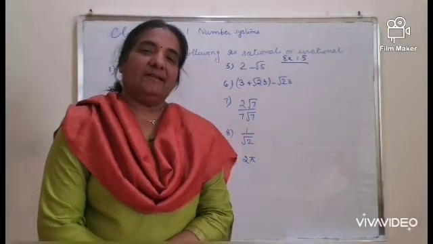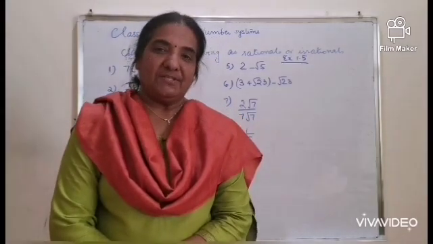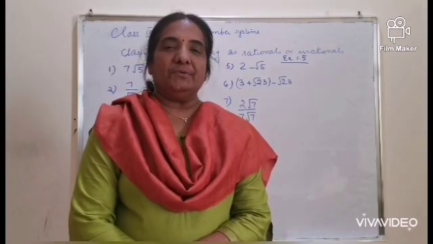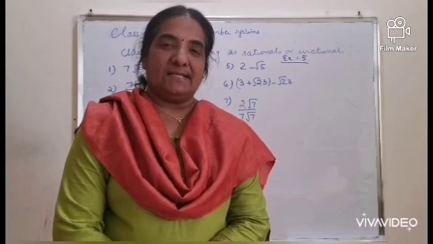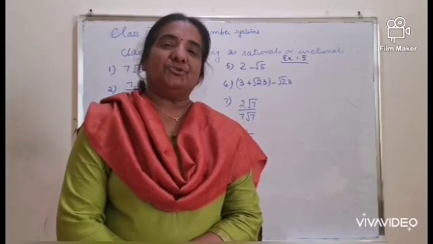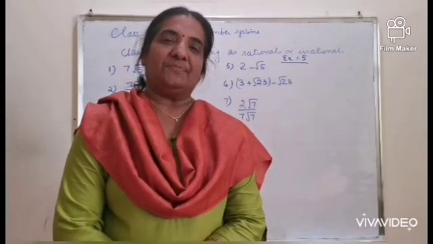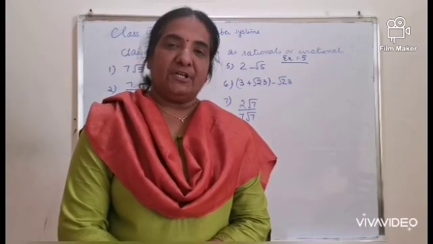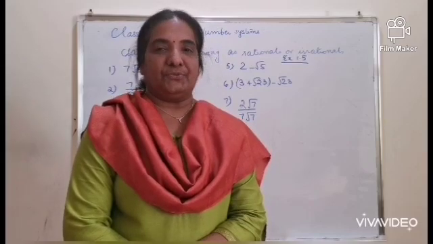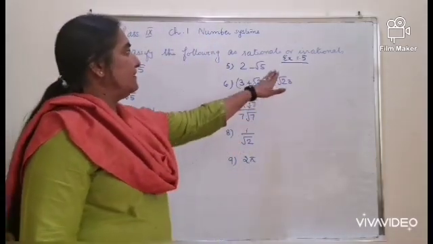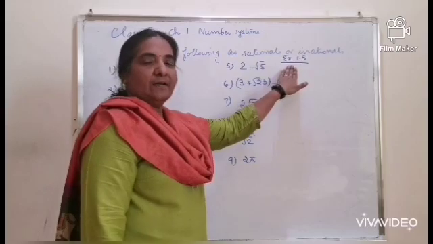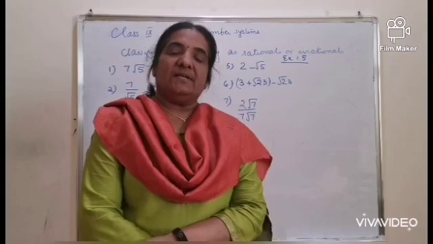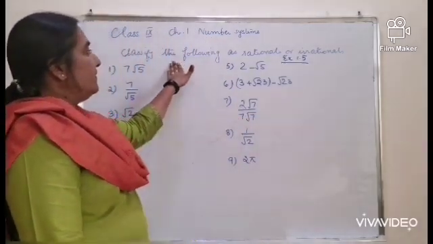Good morning, children. Our previous class was based on operation of real numbers, where we have gone through the different results possible when two irrational numbers are added or subtracted or multiplied or divided, and similarly the different combinations we have gone through. The exercise 1.5 questions are based on three different types of questions